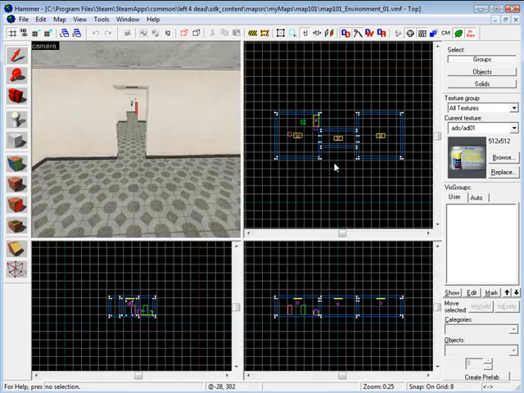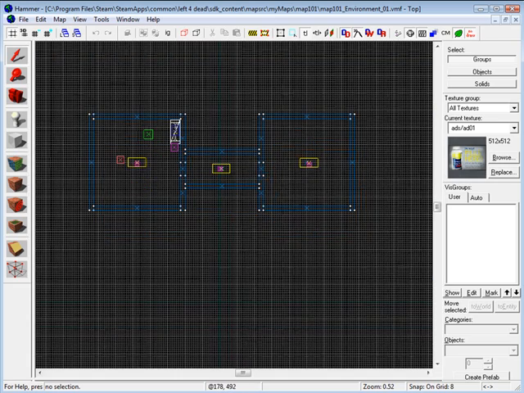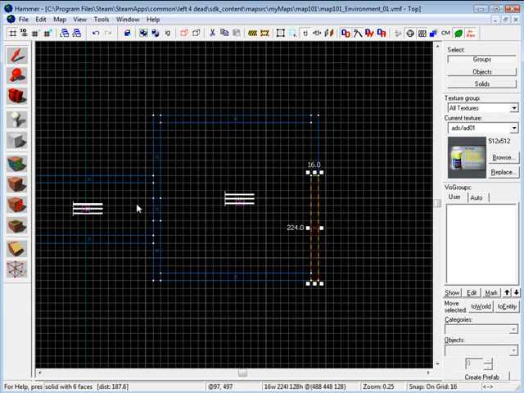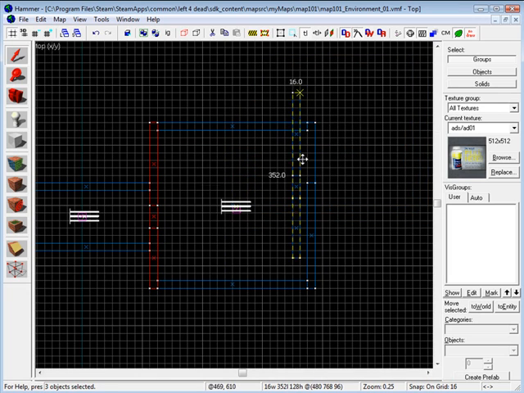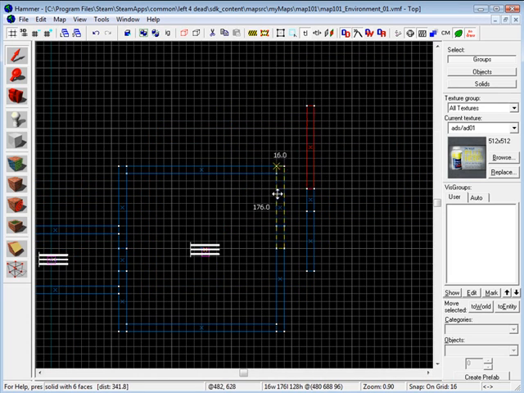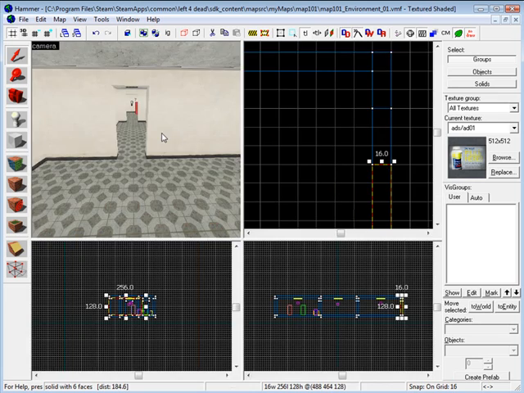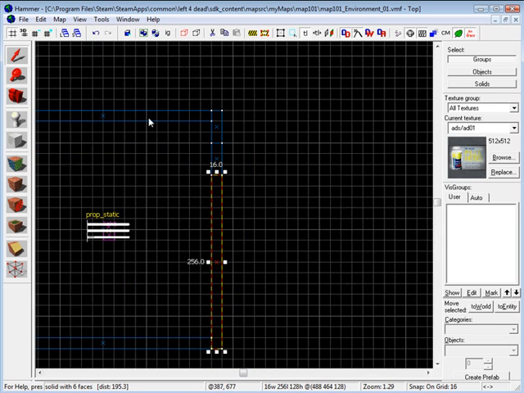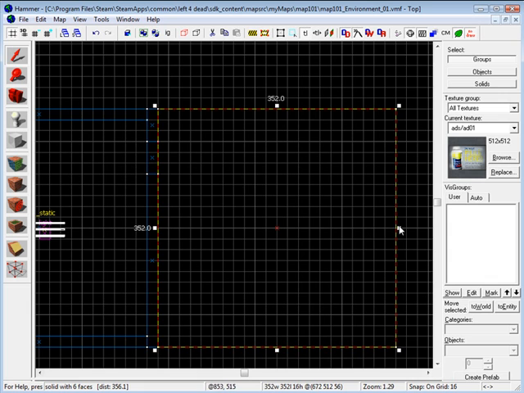Okay, so after we've gone through the basics of building two basic rooms, what I'm going to be doing here is creating the entire environment. It's just going to be an environment that we can walk around in, and it's also going to be used for my later tutorials. Right now it's double speed, so you can see more of what I'm doing. It's not so much how to do it, but the workflow that I use to create a simple